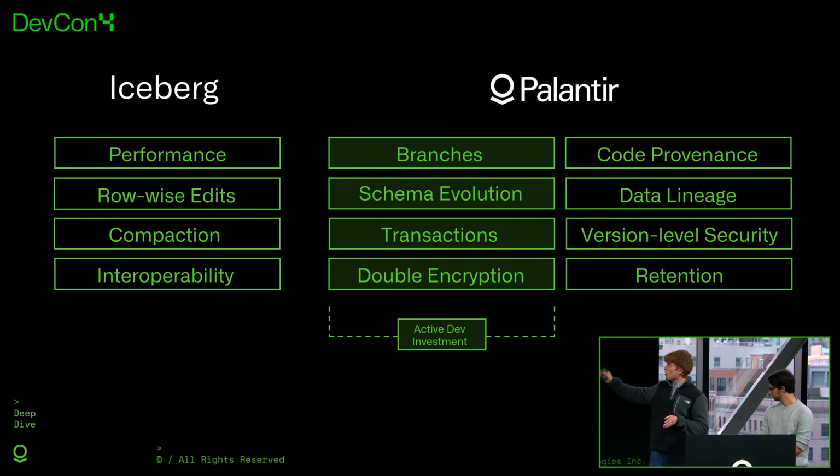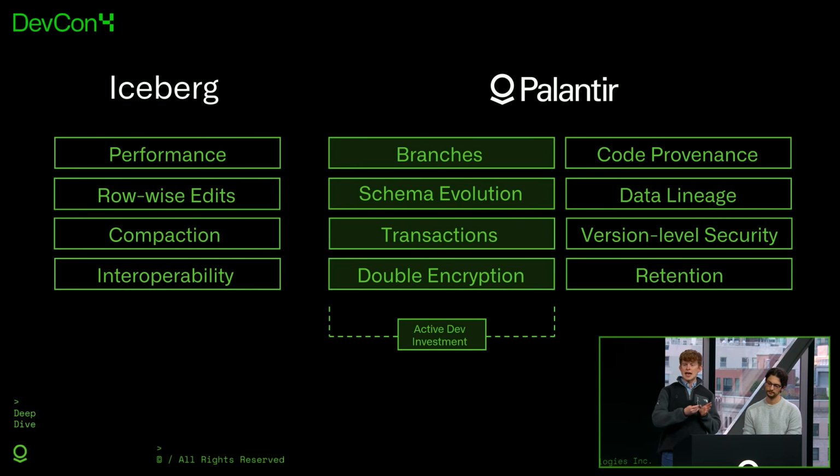So the central column that you see on the slide here refers to some of those features that we're particularly proud of. Our branching implementation goes above and beyond what exists in the open source community and essentially gives you the full feature set that you'll be used to with Foundry datasets today. This is a very mature and Git-like version control system. We've implemented schema evolution that allows incremental transforms to change the shape of data over time without having to replace